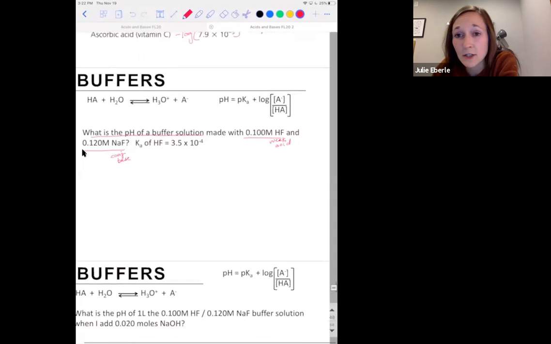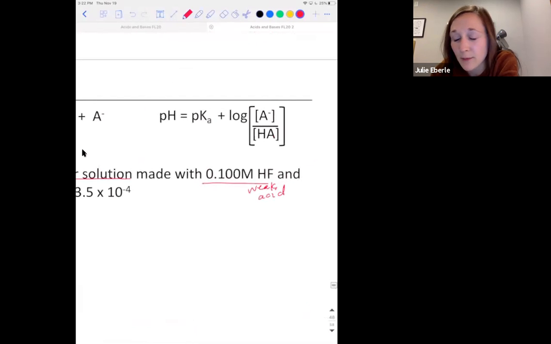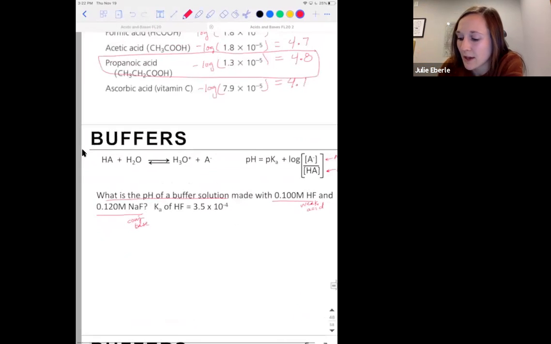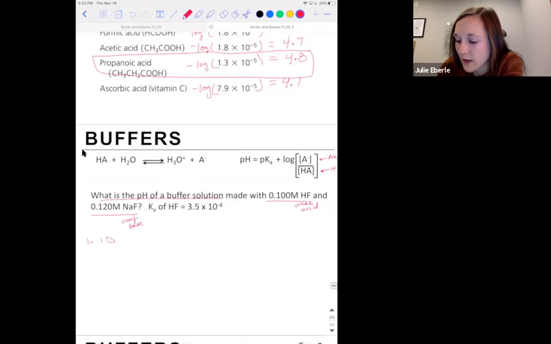And the reason we had to get that straight is because that's going to tell us what goes on top and what goes on bottom. We're going to plug in the concentration for HF on the bottom, the concentration for NaF on top. The number one way people screw this up is they flip that. Now we have Ka, we have to calculate pKa. So the first step is 1, identify the weak acid and the conjugate base correctly. 2, calculate pKa, which is just the negative log of